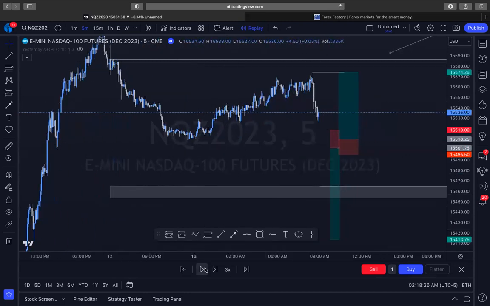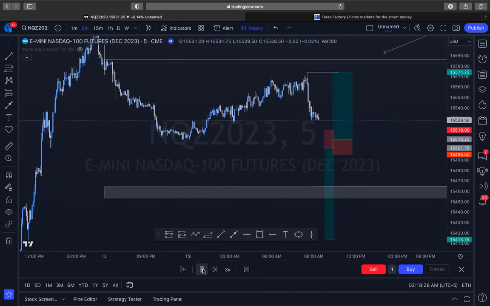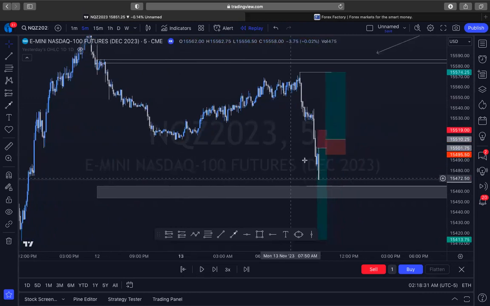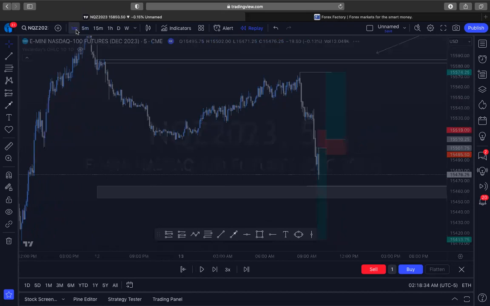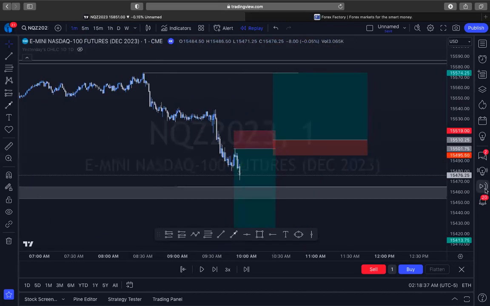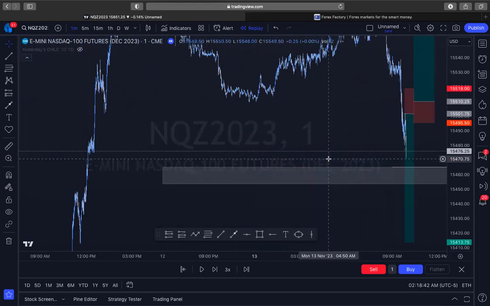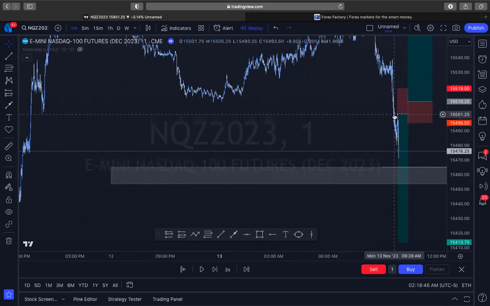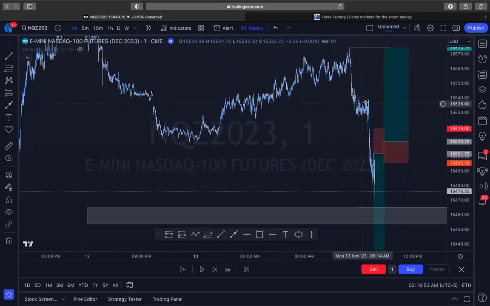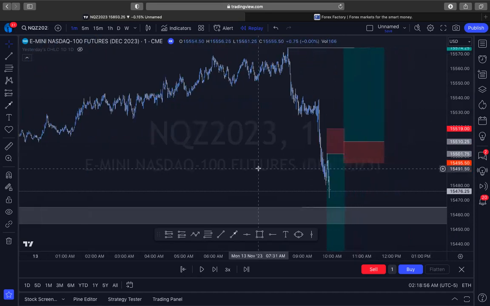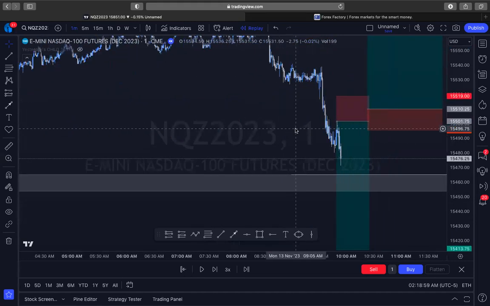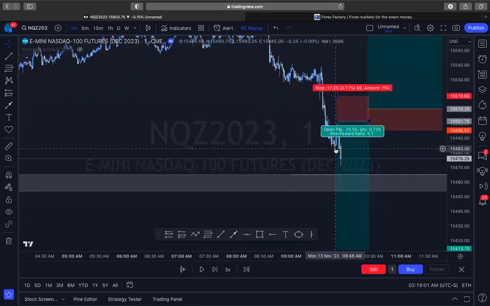If I let it play out, we can see right there is where I took one of my entries. If we go down into the 1-minute time frame, you may not be able to see it, but the first gap after that, we took sell side liquidity here, and we can see this as stage 1 distribution and then stage 2 distribution. I was trying to find a way to get into the market after those moves had already happened and use the time frame that I used to trade, which is right before this time frame here.